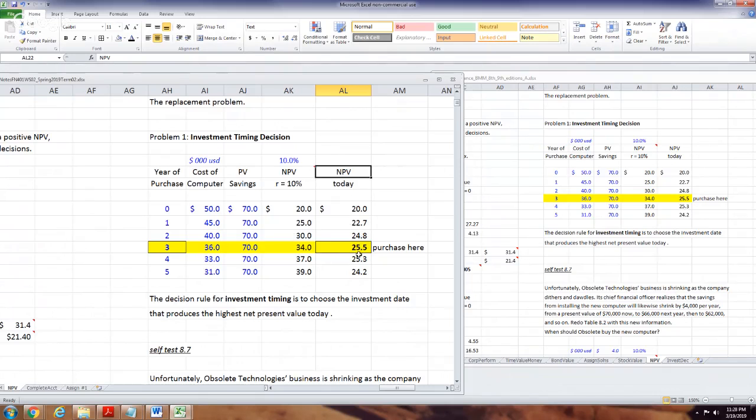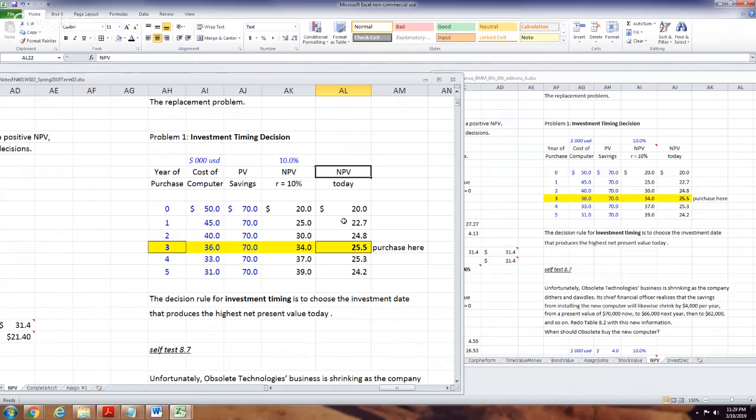And it may be interesting. You say, hey, wait a second. So at this point is where your tipping point is, where even though this is a higher cash flow, you're further out and that kind of thing. So in terms of your NPV, the third year is the best one. They're all pretty similar. I mean, you're not going to go wrong.